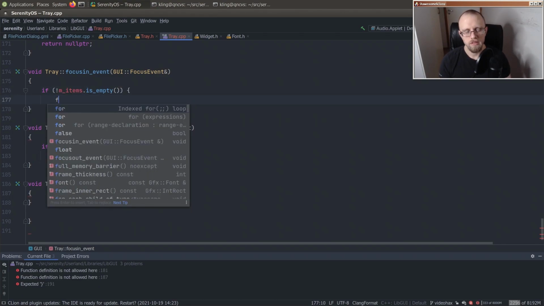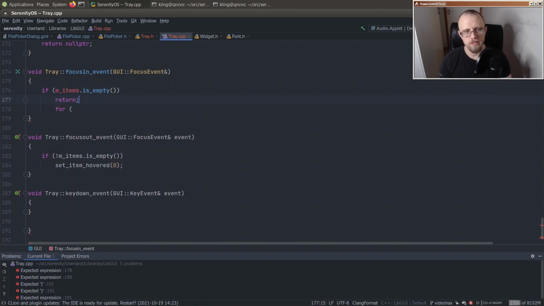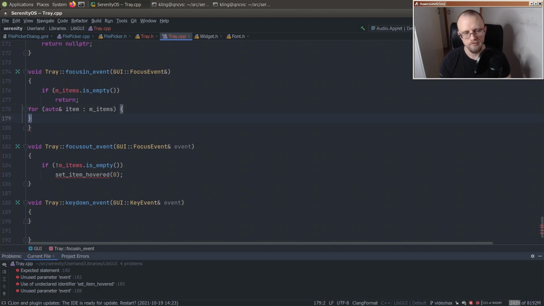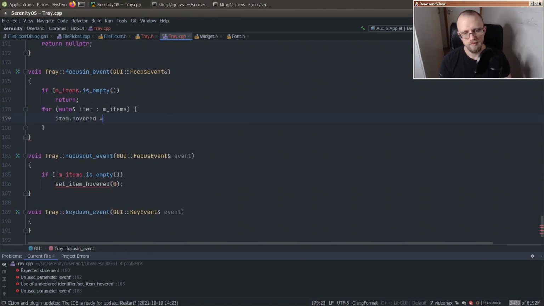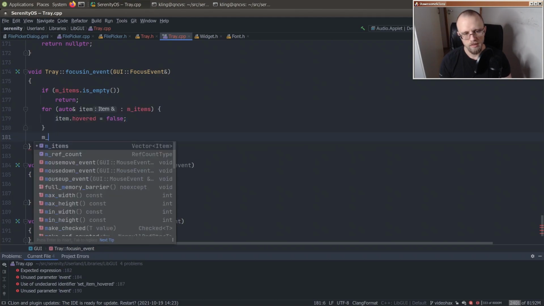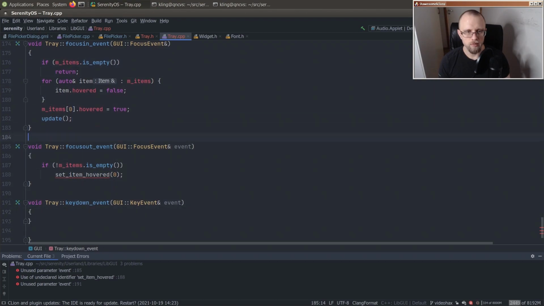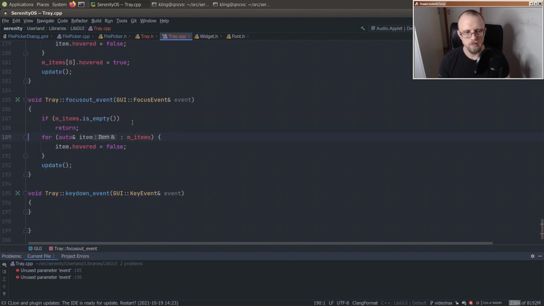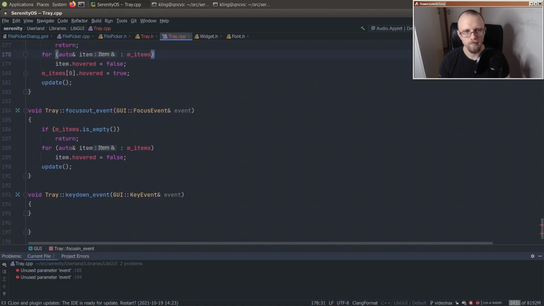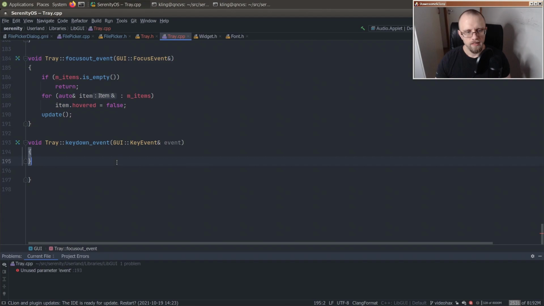So yeah, we need to implement this. So if it's empty, return, otherwise items 0 hovered true, update. Okay. That seems like a reasonable behavior. Let's try it out. And when you focus out, we just clear everybody. So like that, basically. Yeah, again, overeager with the updates and repaints, but that's fine for now. And then when you key down,